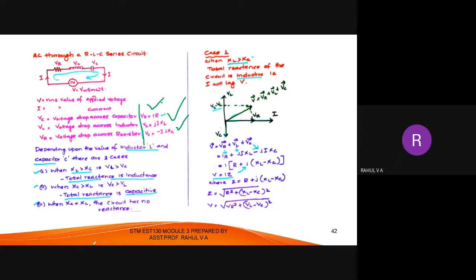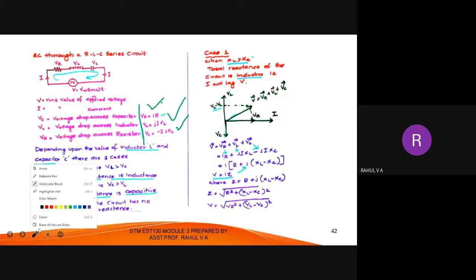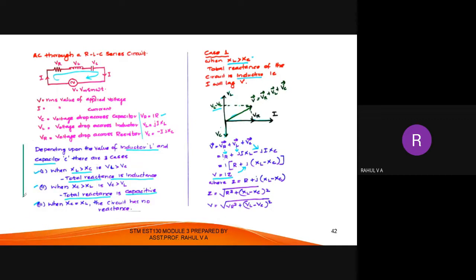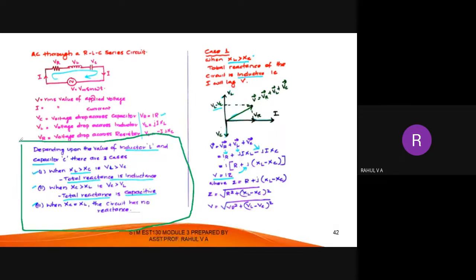I take 3 cases. I have 3 cases. Okay, what are the three cases? I take 3 cases to analyze. Without taking those 3 cases I cannot analyze. Okay, it depends on the value of inductor and capacitor. There are 3 cases. One is